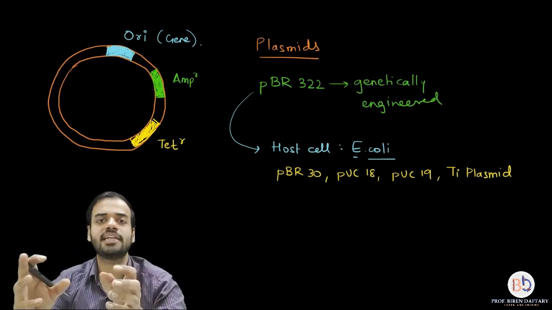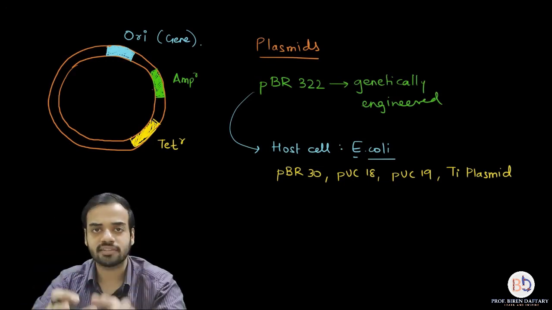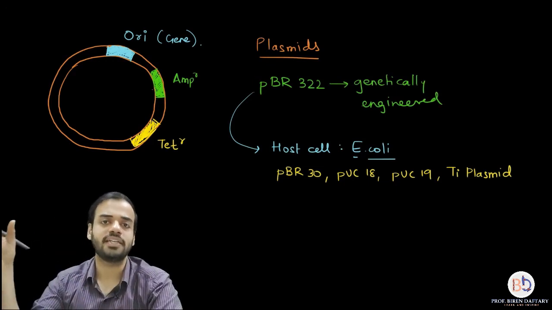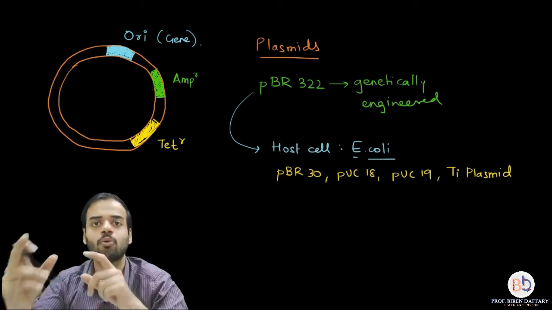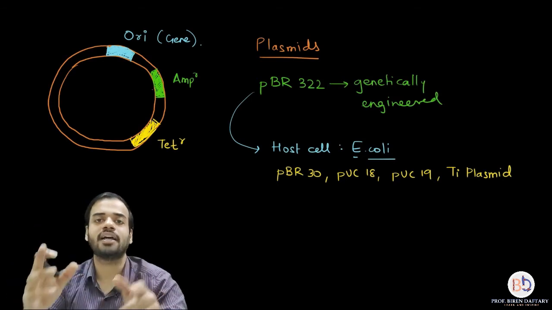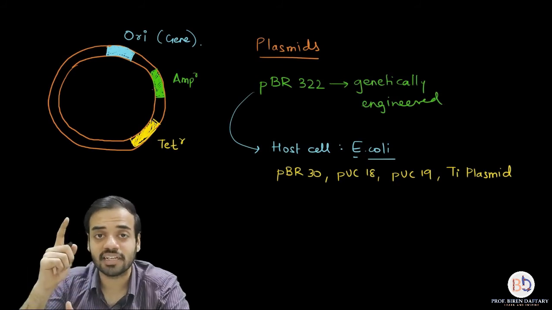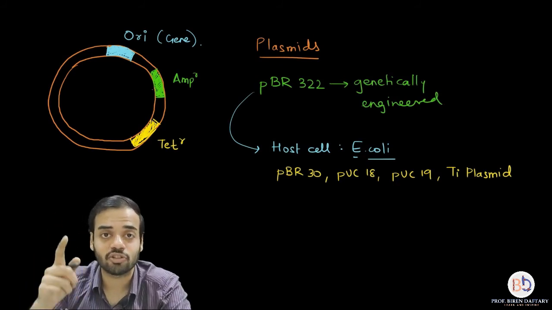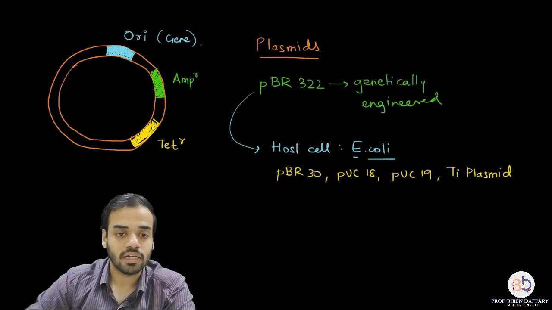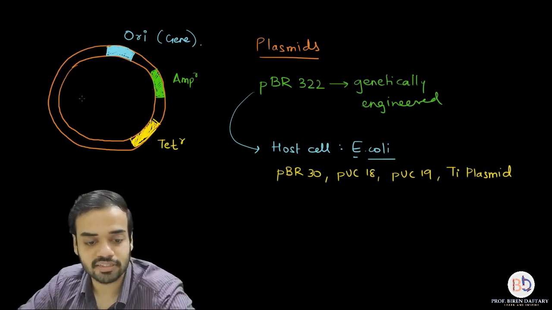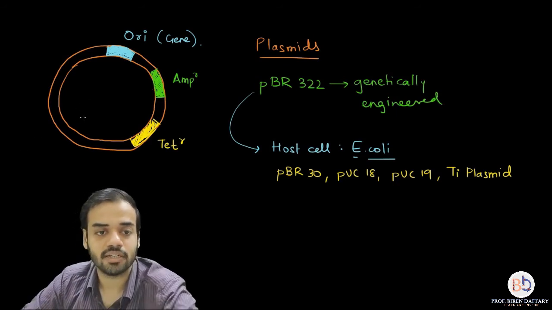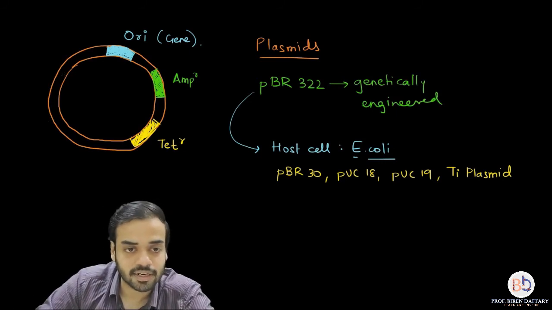Both these antibiotics cannot affect this plasmid, and if this plasmid is inserted into E. coli, then both the antibiotics cannot affect that E. coli. Is that clear? Now what else is present? We studied that they also should have cleavage sites or restriction sites. So now let us draw another area which has the cleavage sites. I am going to show them in red color.